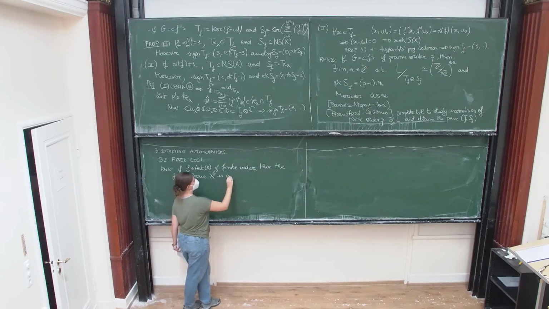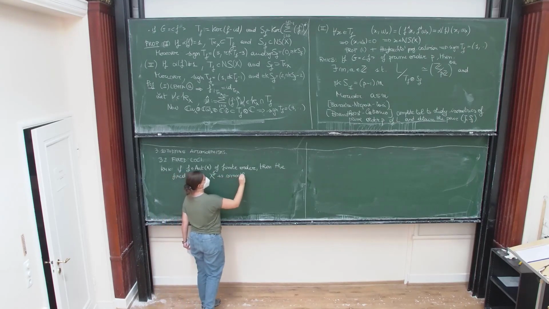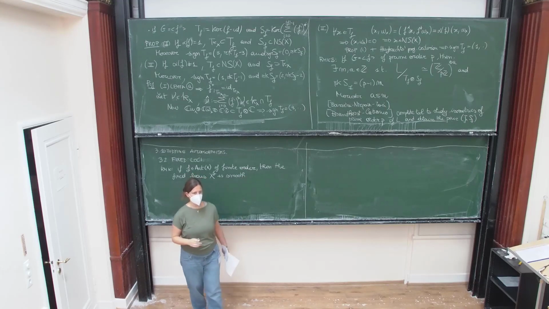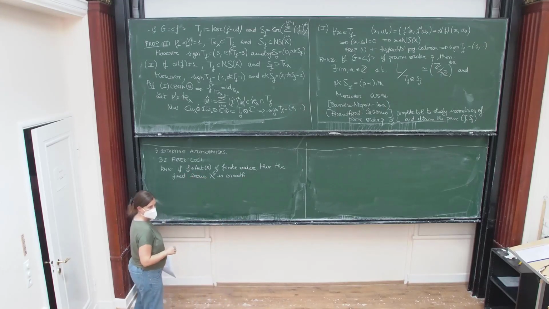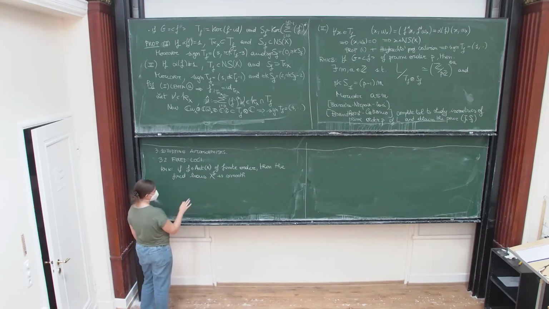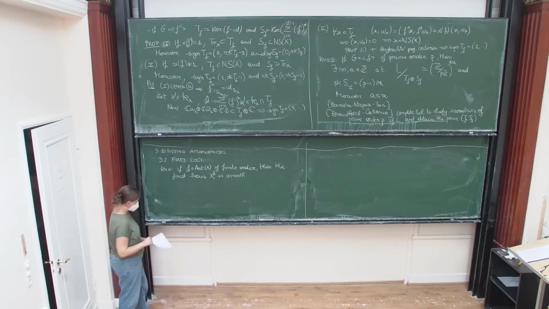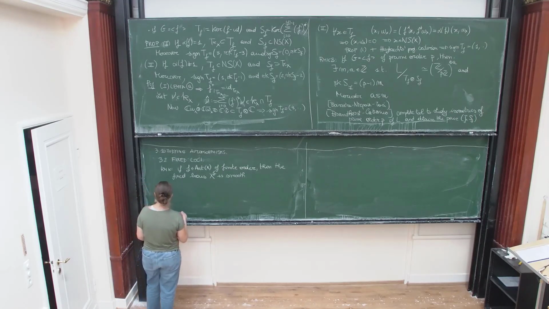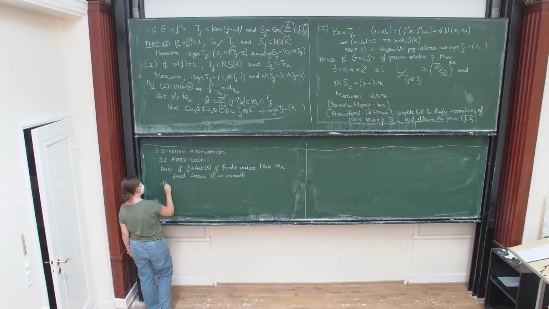Which means that if it is reducible, it is a disjoint union of its connected components. Okay? So that's the first property that we get. The other essential tool that we use